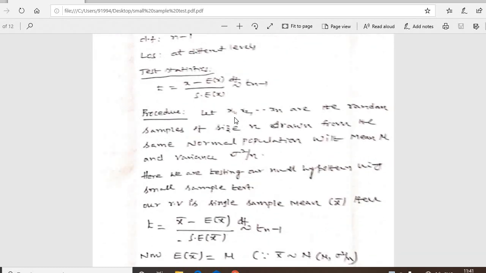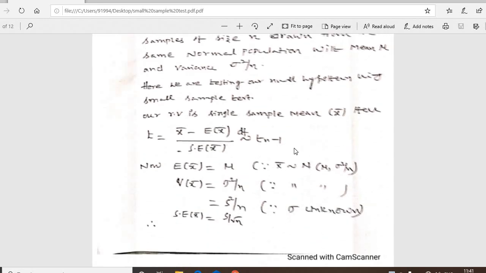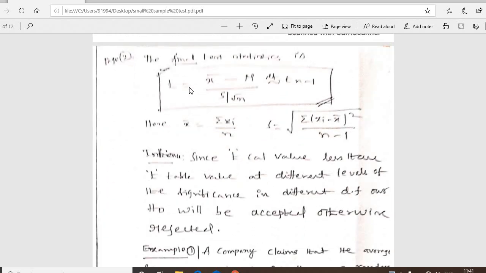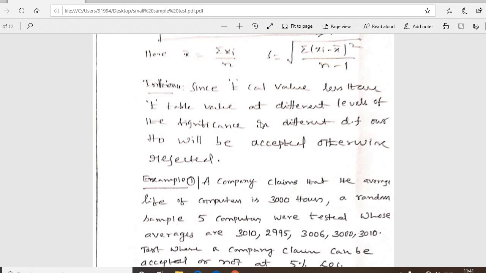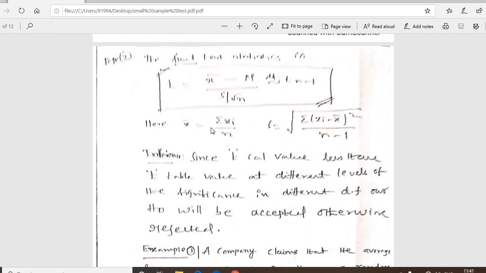Already we know, let x1, x2, ..., xn be random samples drawn from a normal population with population mean mu and variance sigma square. Under this assumption, the test statistic T is given by x bar minus mu by s by root n. It follows a t distribution with n minus 1 degrees of freedom, where x bar is sigma x by n, and s is the square root of sigma of x minus x bar whole square by n minus 1. The conclusion: if our calculated T value is less than our table value, accept, otherwise reject the